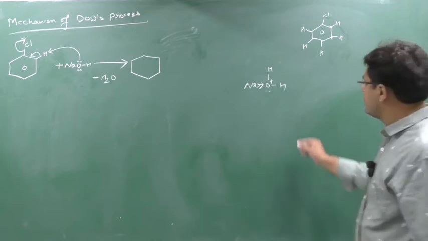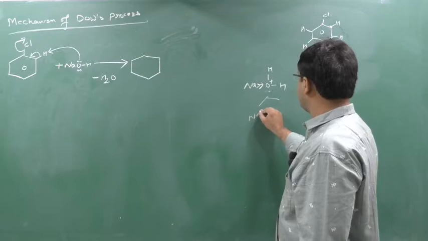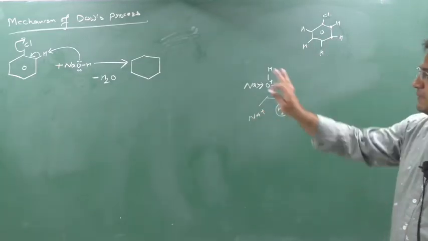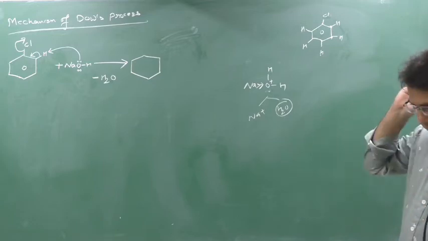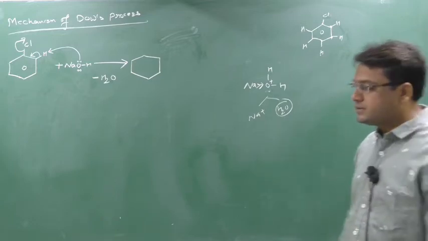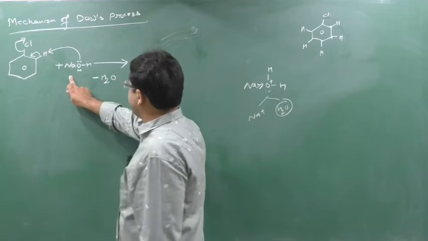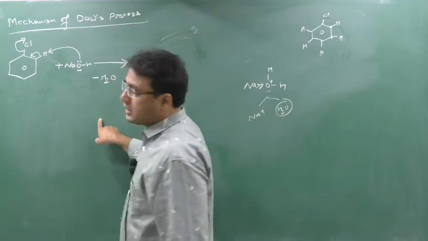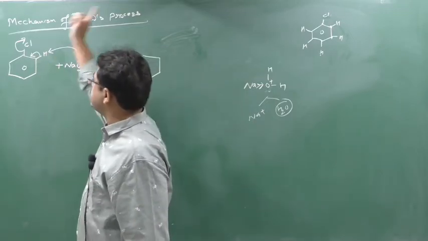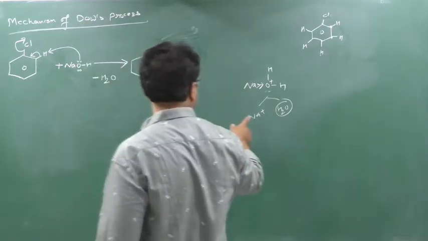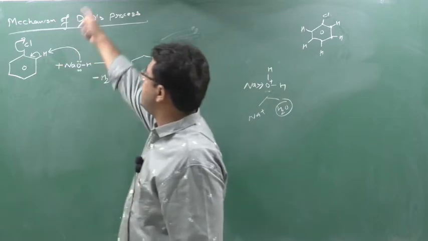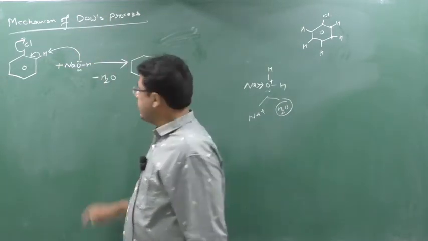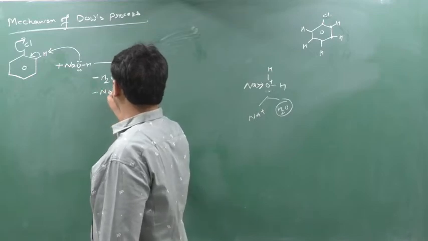Clear this first step, yes or no? So what will be generated here? Here Na plus, and here H2O will be generated. Remember in your mind, there is a presence of Na plus. Here Na plus will be remaining, H2O will be released, and Cl minus also will be released, because Cl is released as what? Cl minus. So here Na is released as Na plus and Cl is released as Cl minus. So here NaCl formation will occur. NaCl formation will also occur from here, NaCl.